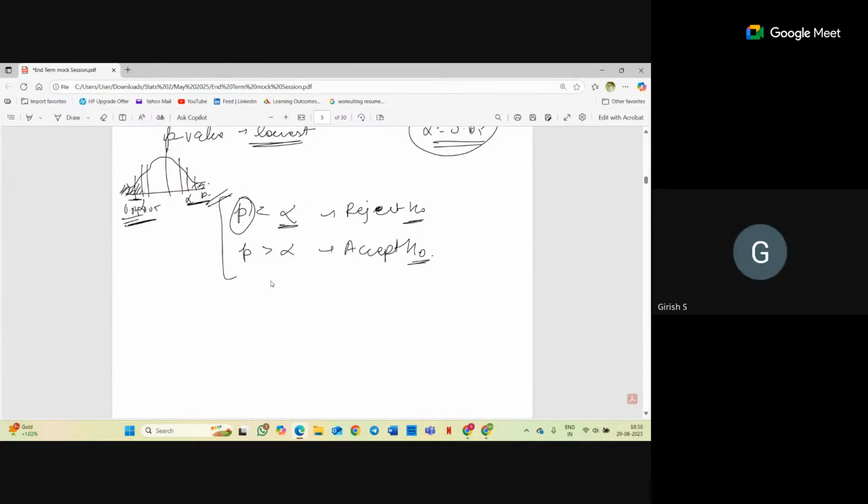Ma'am, I'm a bit confused when it comes to right tail now, because if p-value is going to be greater than alpha, then it will fall on the region to reject, right? As per this definition. Say, for example, alpha value is 0.7 and p-value is going to be 0.8. And if it is right-tailed, p-value will be greater than alpha. And that region is what typically we reject in case of right-tailed test, right?